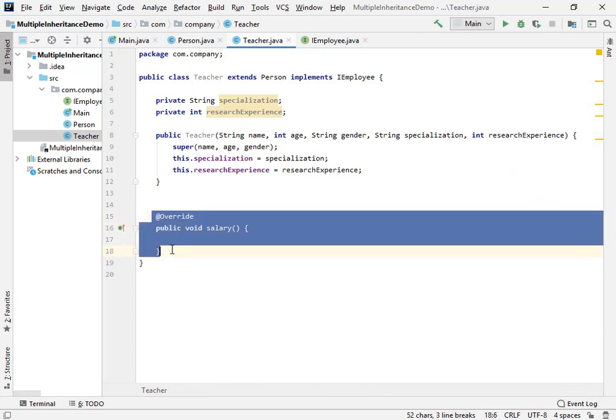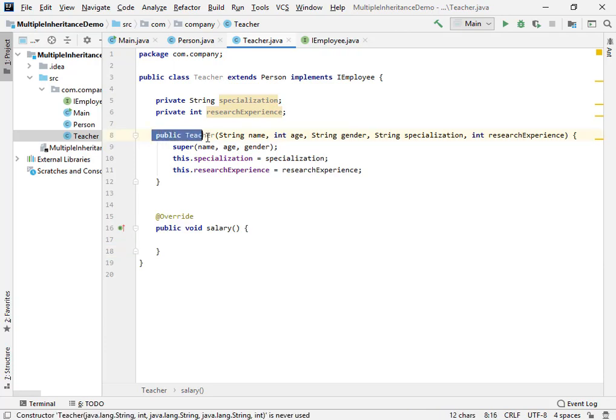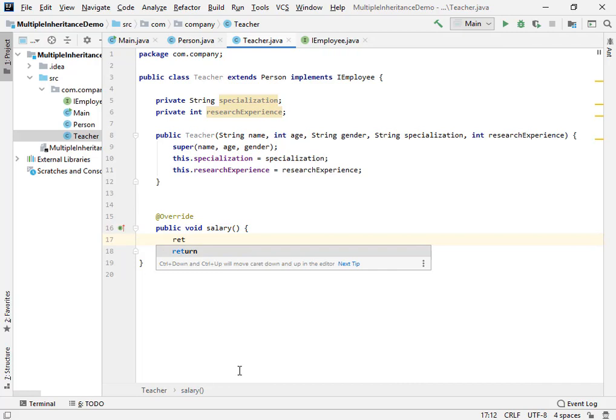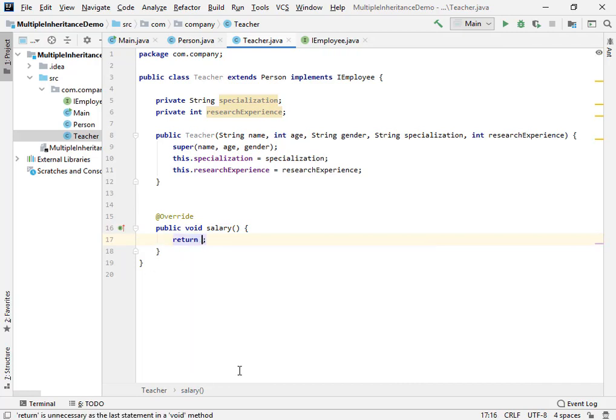because we have implemented the method as well as the constructor which is initializing the super class constructor to initialize the base class values. So now we're gonna simply return the salary. In this case it will basically be a hard coded value. So let's suppose the salary of a teacher is 50,000. Okay, so now over here we have